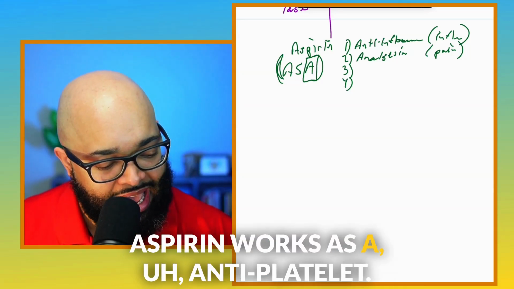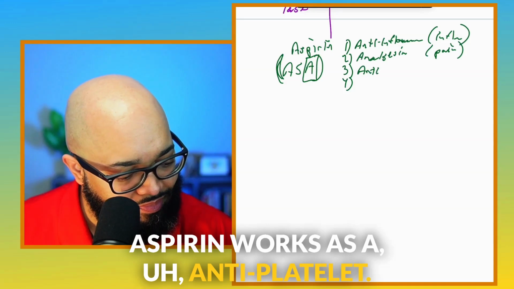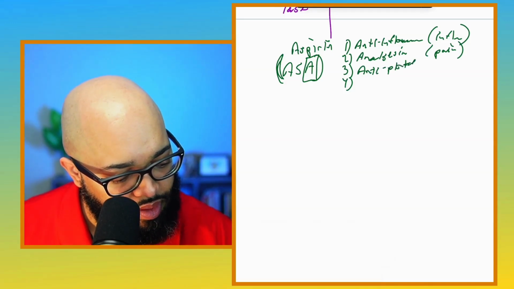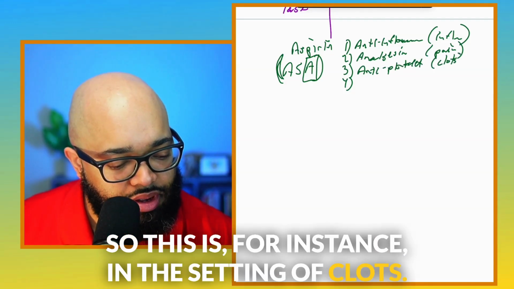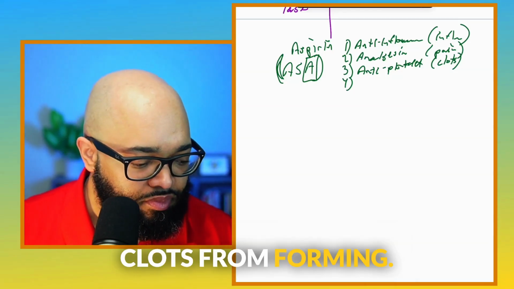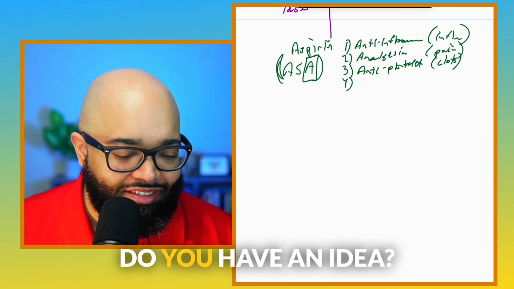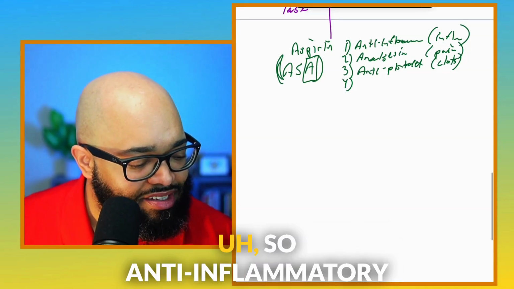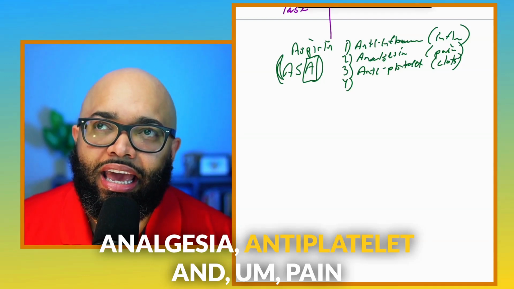Aspirin works as an antiplatelet. This is, for instance, in the setting of clots. What we're trying to do is prevent more clots from forming. And then what else does aspirin do? So anti-inflammatory, analgesia, antiplatelet, and